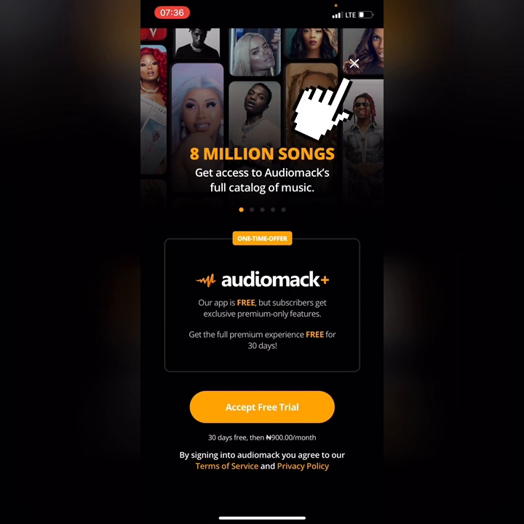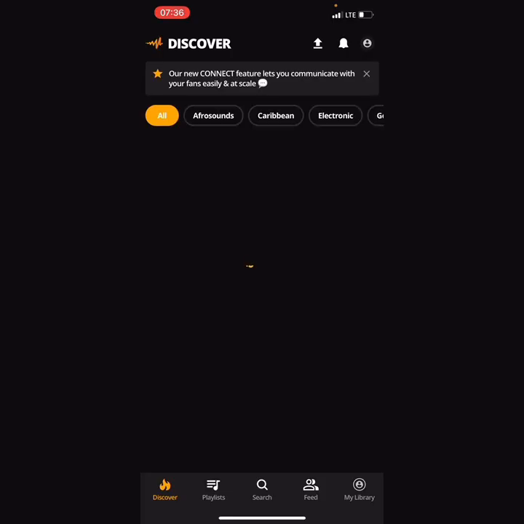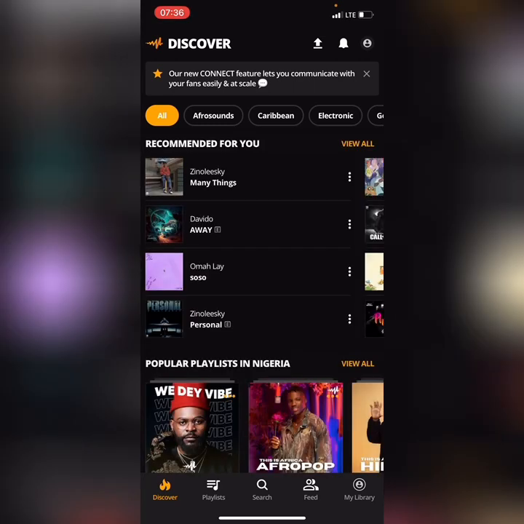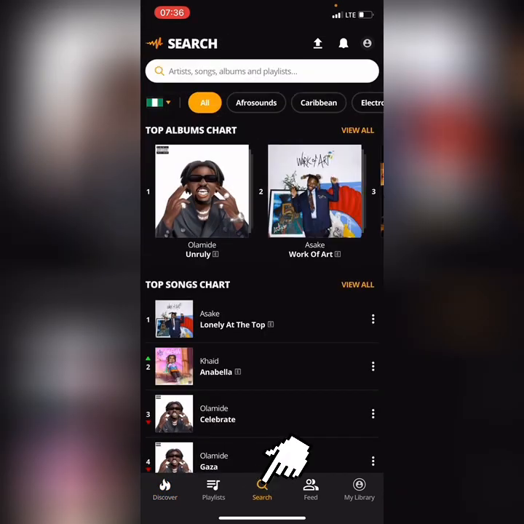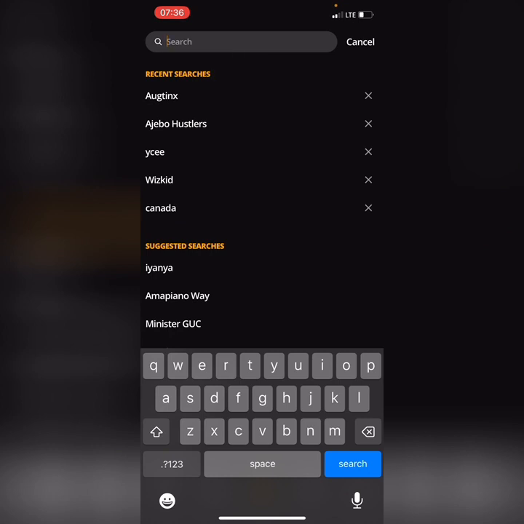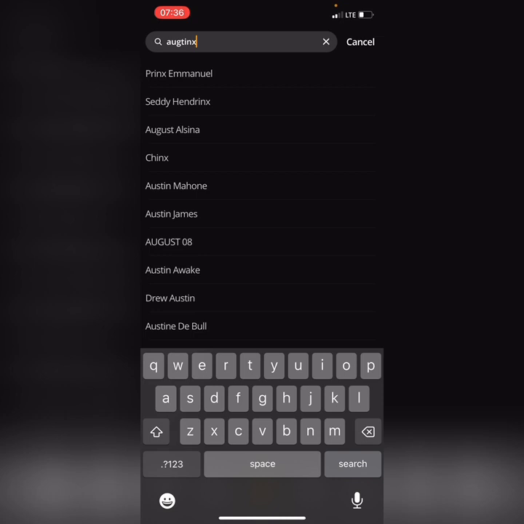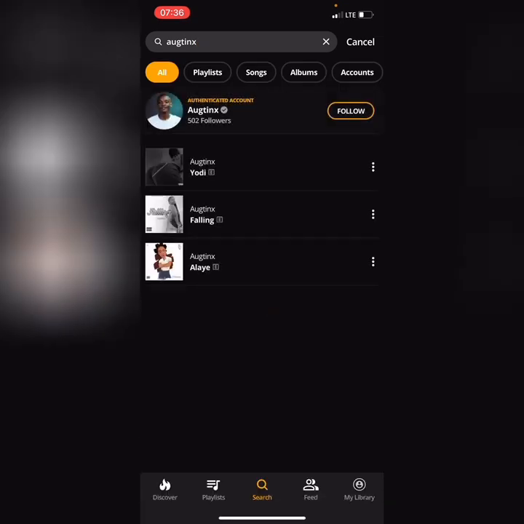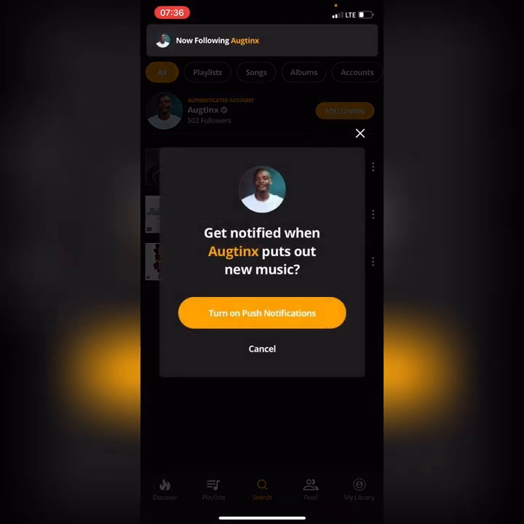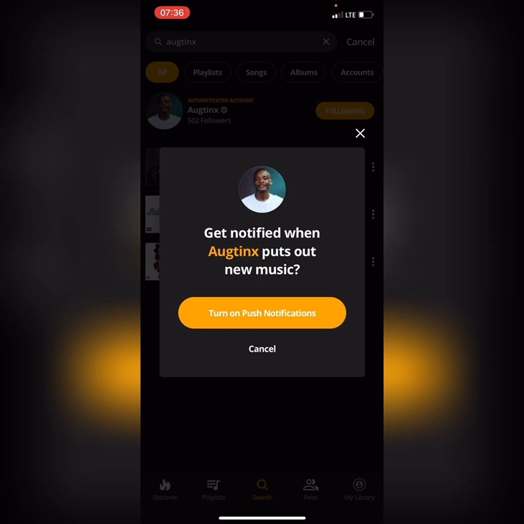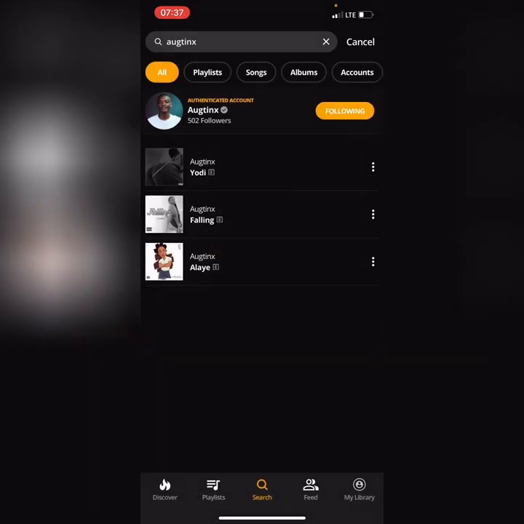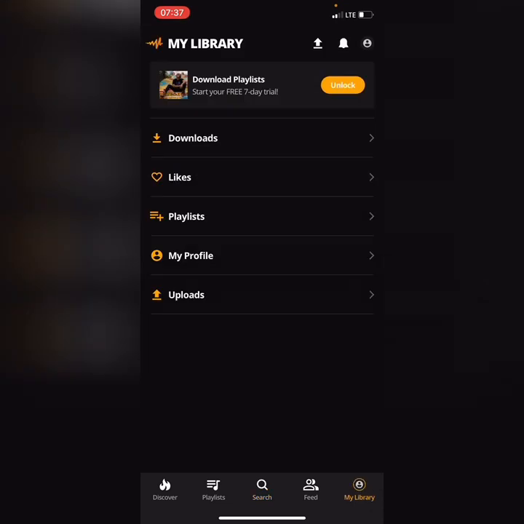Just go ahead and click here to cancel, and then the next thing you're going to do is to tap on the search tab, click on the search box, and search for your name. All right, search for your Audiomack account name, and it's going to open up your account. And then you have to follow your account. You can turn on push notifications if you want. Okay, so you follow your account, then you go back to my library, and then you click on this icon